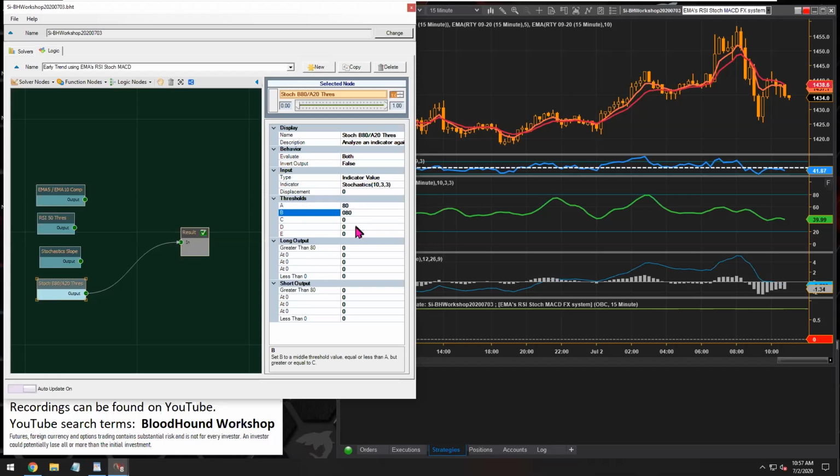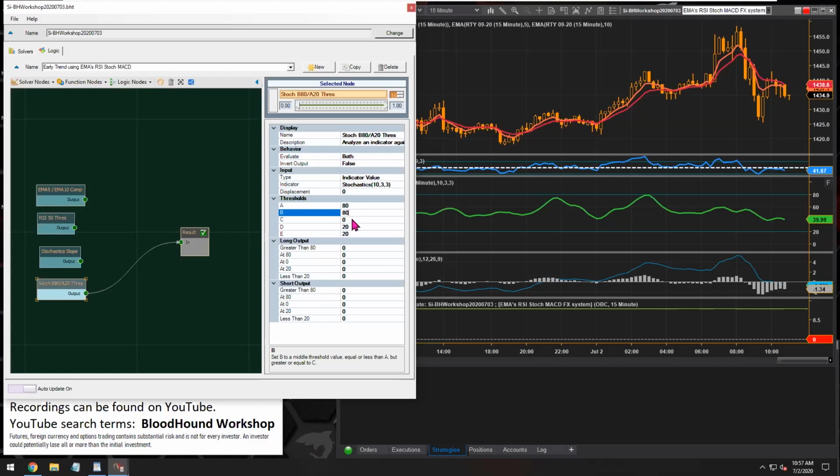So we're looking for 80 and we're looking for 20. I'm putting the numbers in twice to strip out the fuzzy logic capability of BloodHound. Putting in the threshold levels that you're looking for twice removes the fuzzy logic